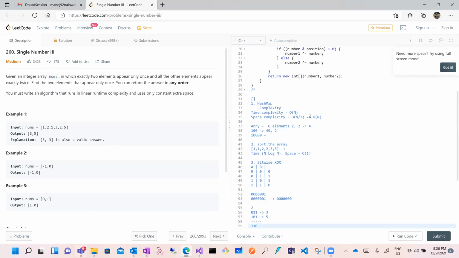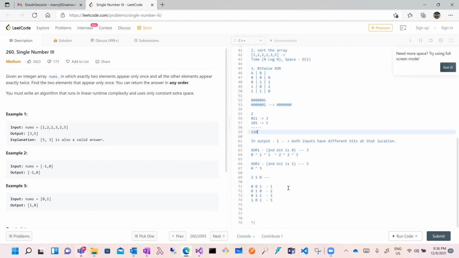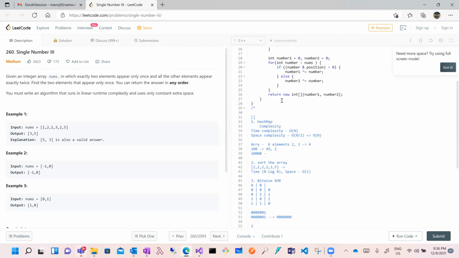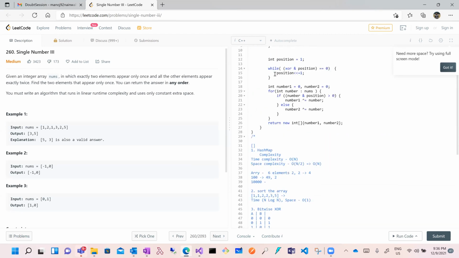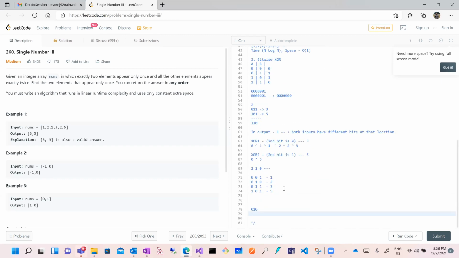So it's like this one. Let's say from here I get my position as 1, that is 0 1 0, according to my while condition. When you do AND with 0 0 1, you will end up with 0 0 0, right?